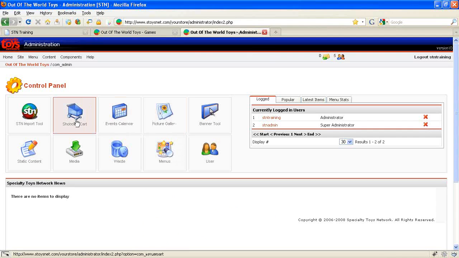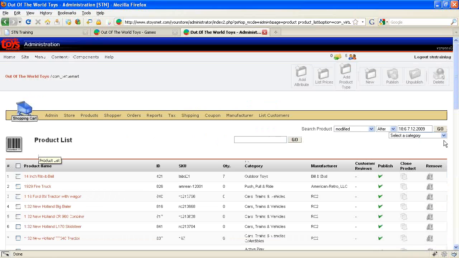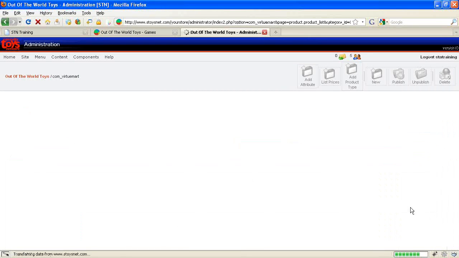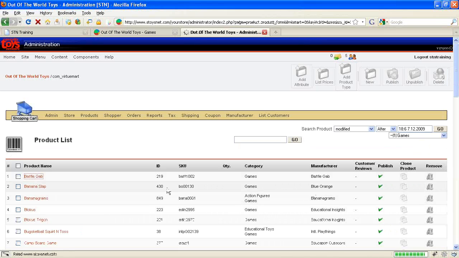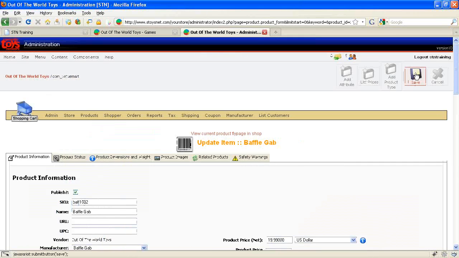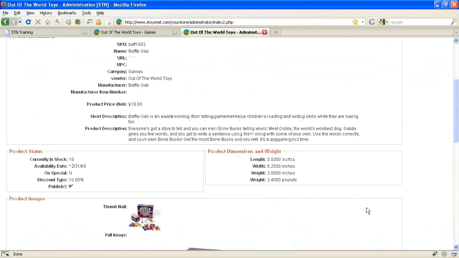To do that, we would go to our shopping cart after we log in the back end. We can go to a product list. We're going to go to games. And I'm going to start with Bafflegab, and assign it a discount type. I'm going to give it my 10% discount, and save it. That's not a bad way to do it,